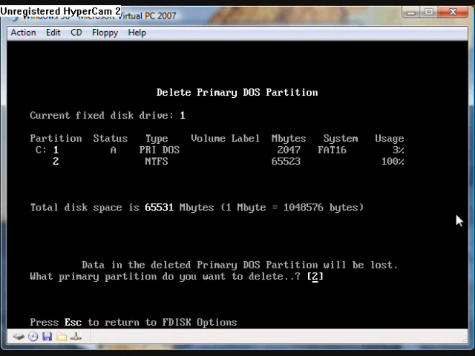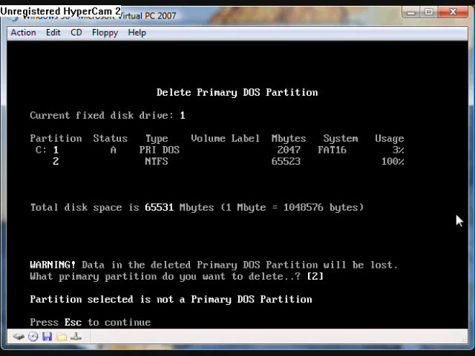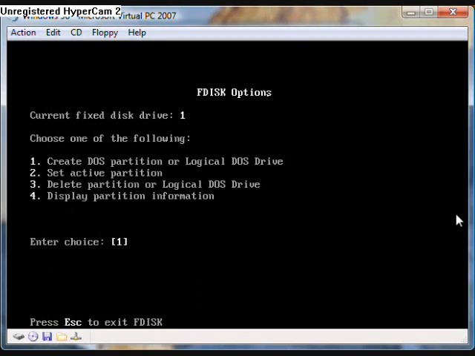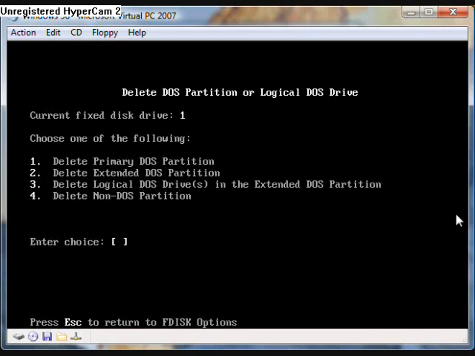In this case, I'm going to choose 2 because it takes up more memory. And if it says it's not a primary DOS partition, you can choose 1 and do that, but I made a little mistake. So once again, 3, 1,